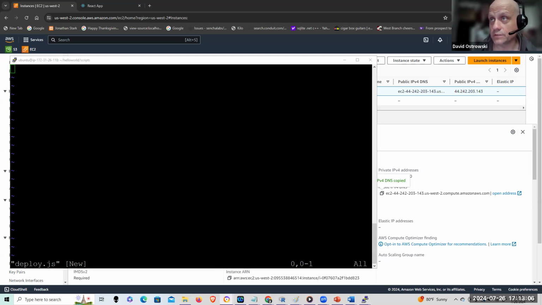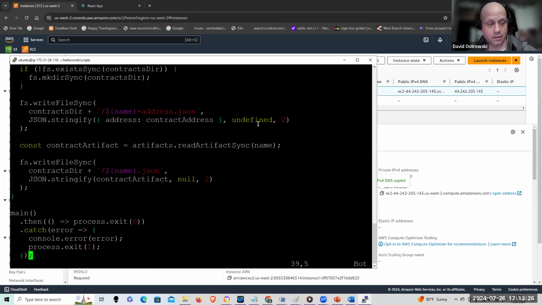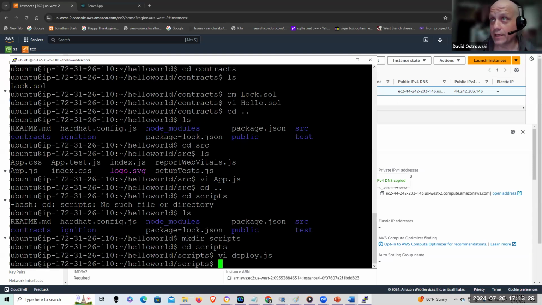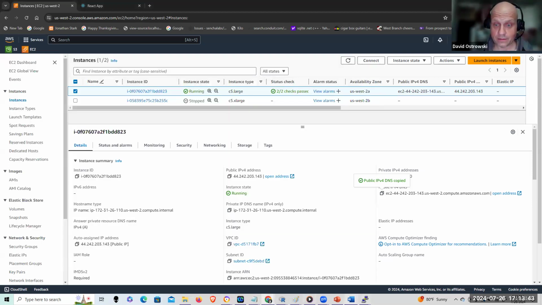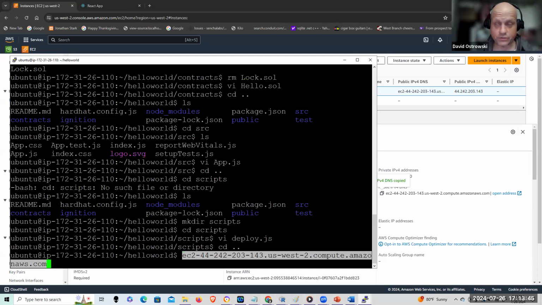And once again, I'm just going to simply pull in my deploy script, and this is pretty much good to go. I don't have to modify anything here. And again, let me get this up and running, and then we can break it down a little bit, okay? Again, there's not a lot of value in talking about it if I don't get it up and running appropriately, right? So here I grab the DNS and I go back to my first screen and I